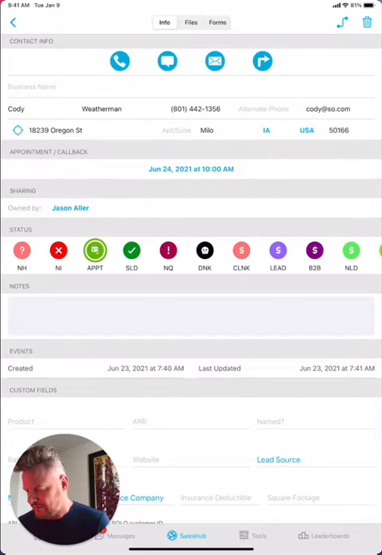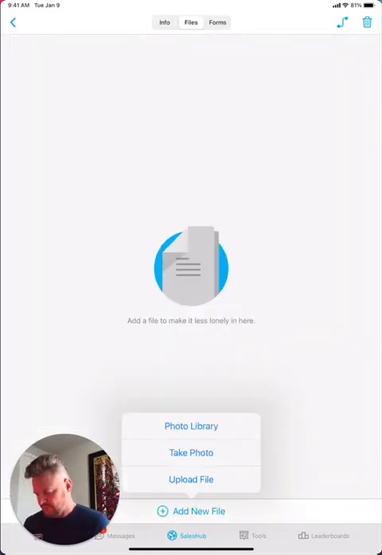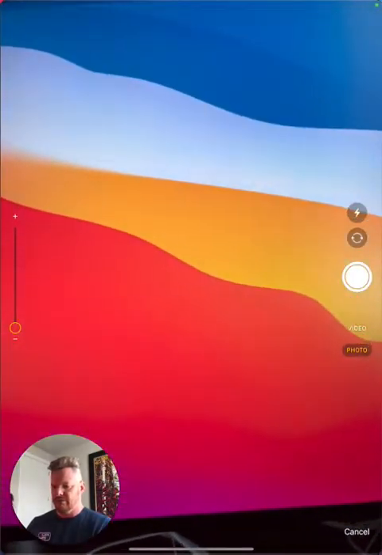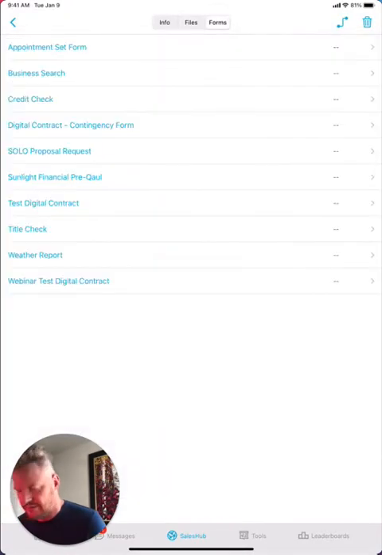A lot of times roofing companies are going to take pictures, and so I'm just going to point this at my screen here, take a picture. You can attach pictures. You can also, if a lot of times roofing companies are going to get a contingency